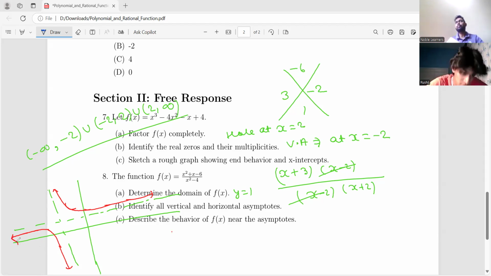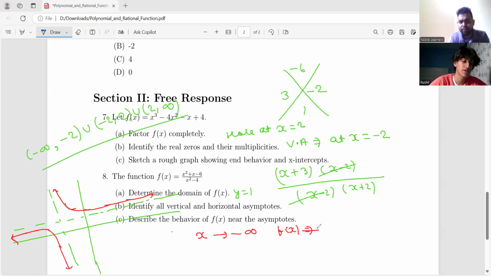We don't have to make this graph all the time. You just have to remember that whenever you have to answer for the end behavior, no matter whether you are taking negative infinity or positive infinity, the graph reaches the horizontal asymptote itself. Sorry, horizontal asymptote, I mean, not vertical. So you will write: when x approaches negative infinity, f(x) approaches